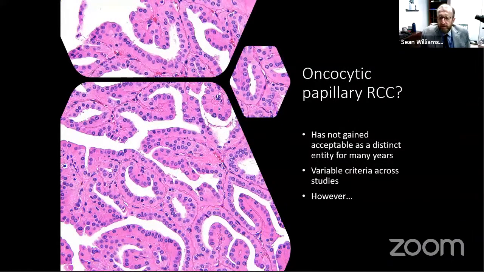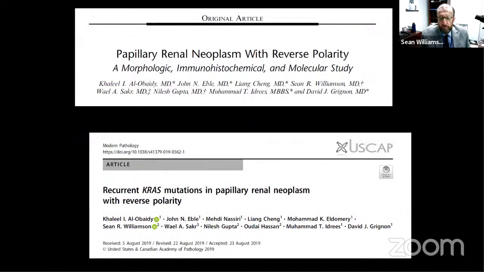How about the topic of oncocytic papillary renal cell carcinoma? This is, again, a concept that has been around for quite a while, but has not really gained traction as a distinct entity for a number of years. Probably one of the reasons for that is the criteria have varied across studies. However, very recently, in the last couple of years, some data have emerged suggesting that perhaps there is a distinct subtype of oncocytic papillary tumor within this